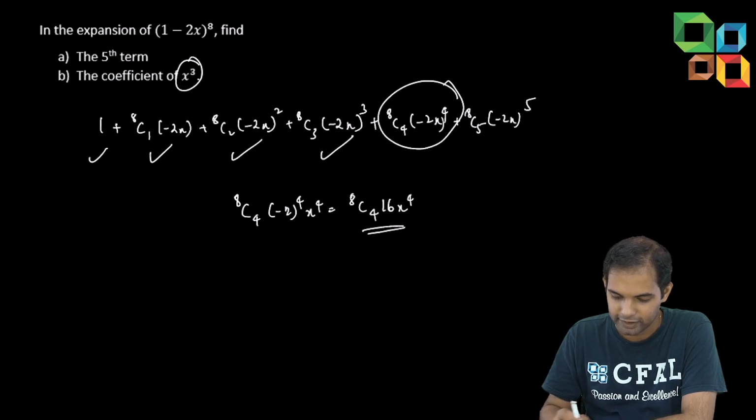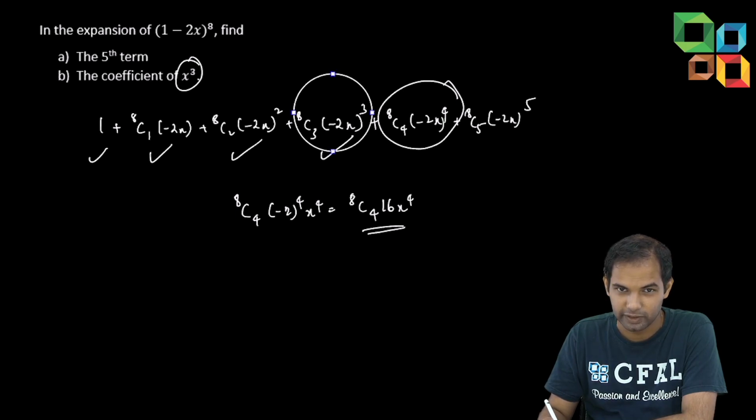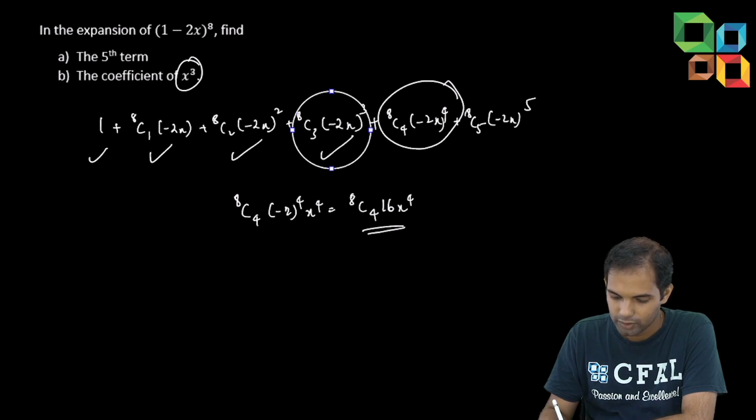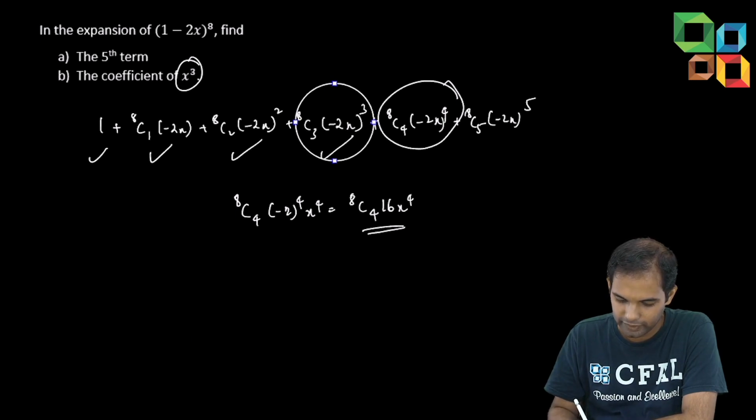The coefficient of x cube. Now we probably need the number. So let's try to figure. So this is a term which has x cube. Okay, no other term will have x cube. So let's see. Coefficient of x cube is nothing but